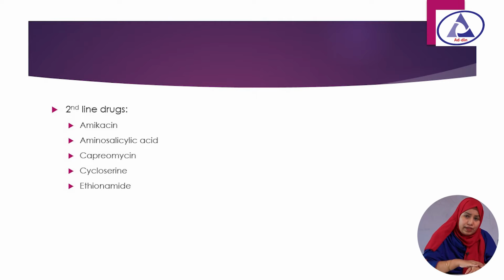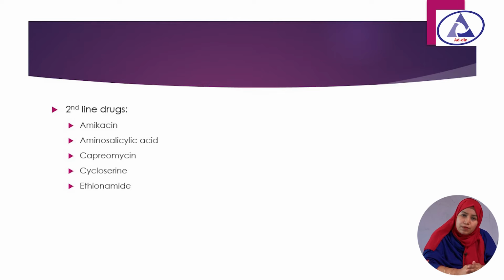Here toxic effect is very important because our TB drugs are used for a long time, like 6 months or 9 months or 12 months. So you have to memorize the toxic effects, because the patient will suffer from different types of toxic effects. In this chapter you should emphasize the toxic effects produced by these drugs, because they will be used for a long time. So first line drugs have less severe toxic effects, so these are better, and second line drugs have more toxic effects. First line drugs have a high therapeutic index and second line drugs have a low therapeutic index.